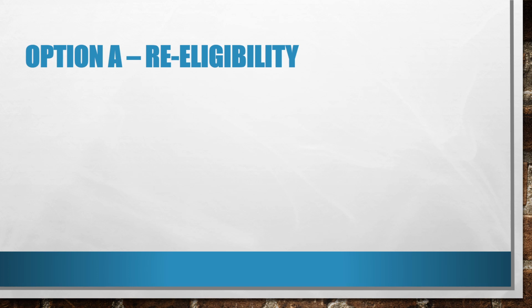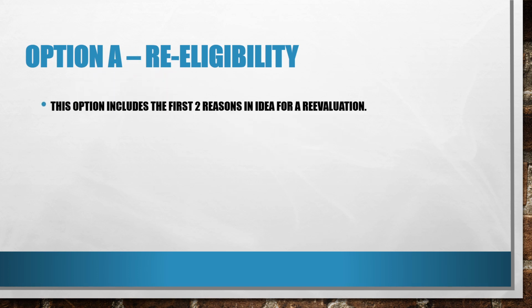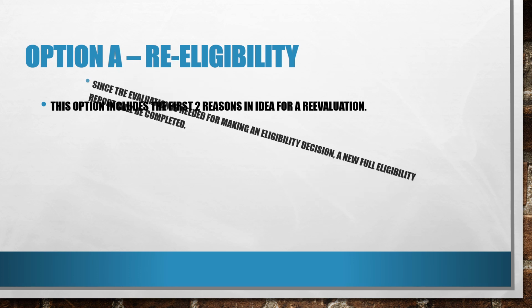This is what IEP team members commonly know as re-eligibility because choosing this option requires a comprehensive evaluation of the student and will lead to evaluation reports and an eligibility event and report. In choosing option A, the team is stating that additional assessments are being requested to determine whether the student is eligible for special education or in need of special education and related services.